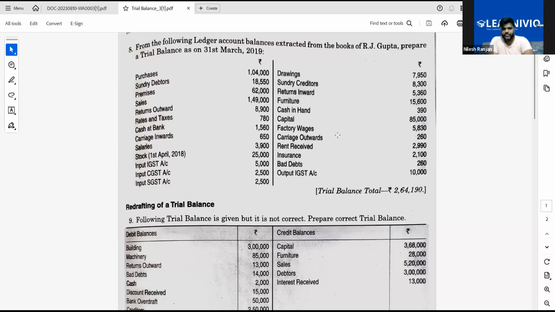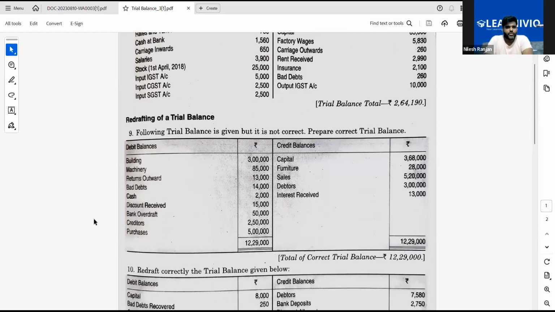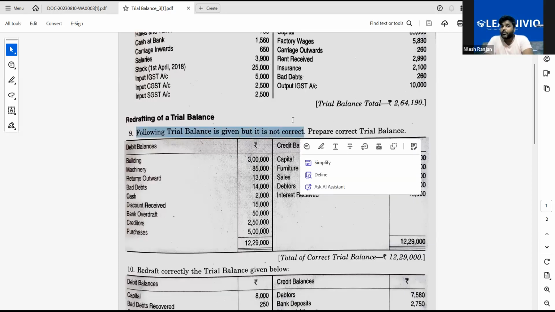I will share some questions. Please try to solve. Actually, question number 9, you can see. Just 1 minute. Question number 9 here. Yes, sir. Okay. Actually, here it is an incorrect trial balance. You can see the heading, the following trial balance is given, but it is not correct. Prepare the correct trial balance. Now, some of the balances